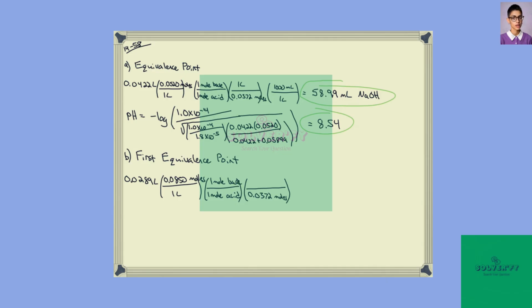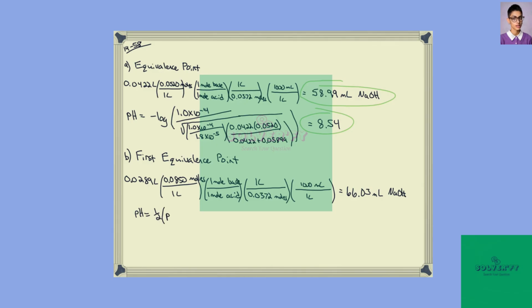When we have moles sodium hydroxide, we'll divide by the molarity to get liters sodium hydroxide required to neutralize the first hydrogen of this volume of sulfurous acid, and then we can convert it to milliliters by multiplying by 1,000. So because we did a stoichiometry of 1 to 1,